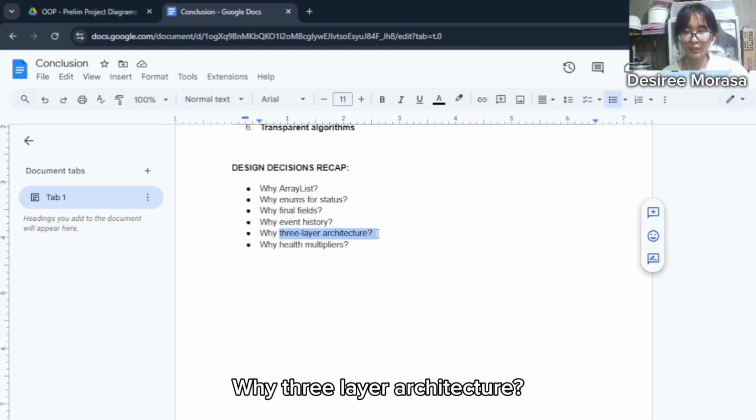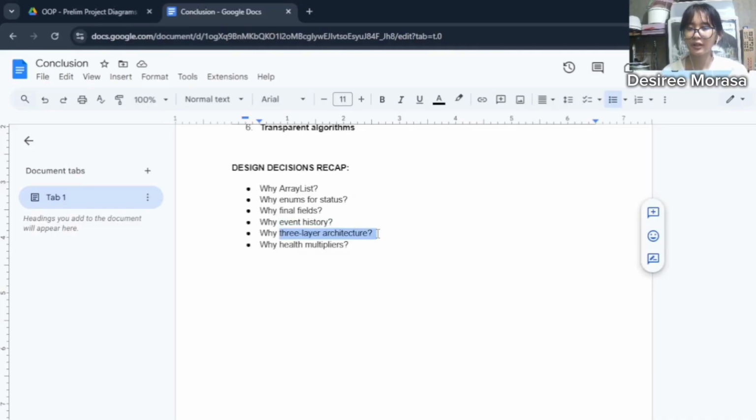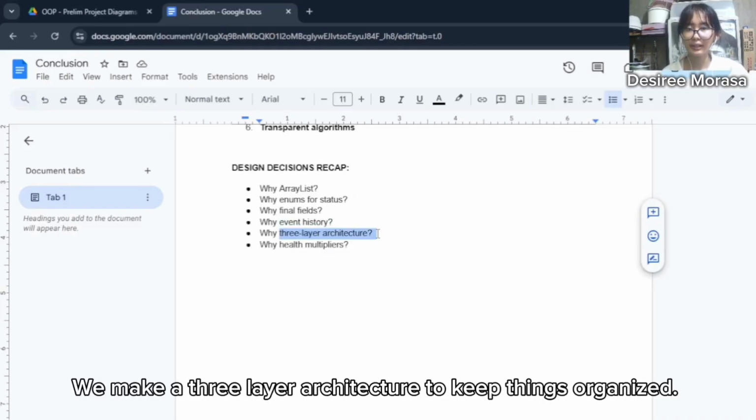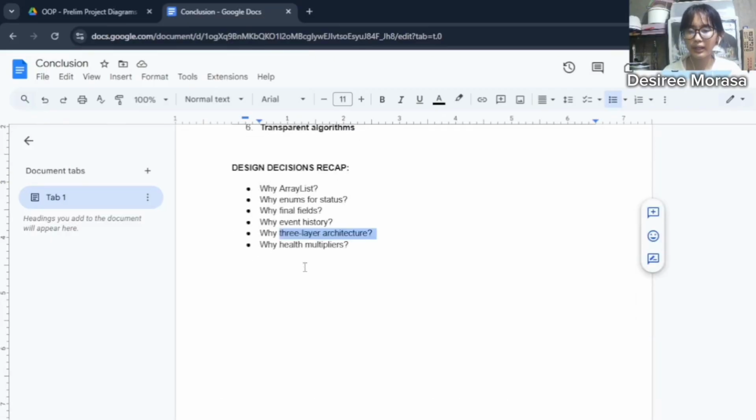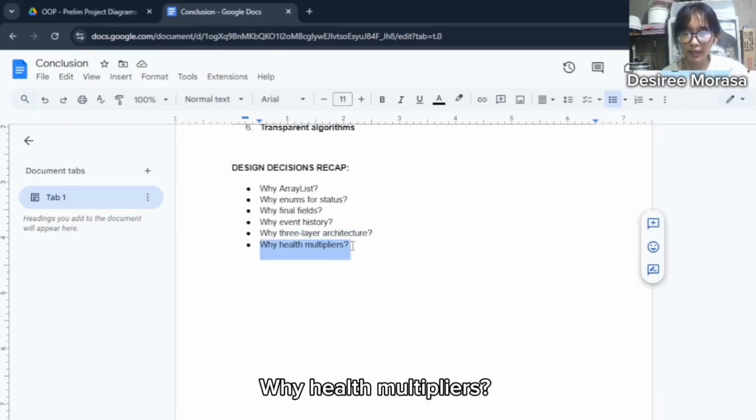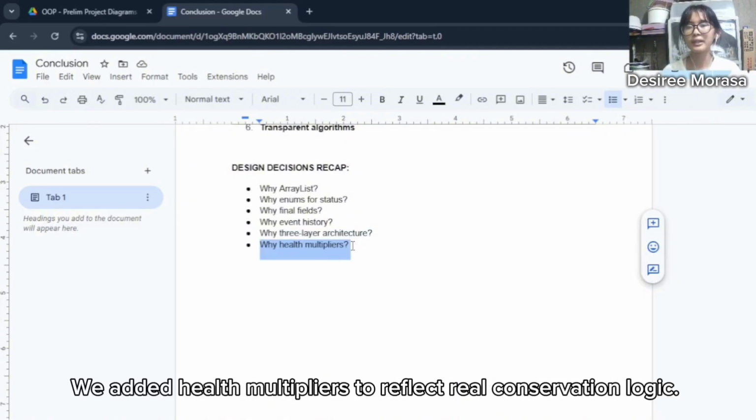Next is why three-layer architecture. We made a three-layer architecture, or the diagram that I've shown you earlier, because it is used to keep things organized. And lastly, why health multipliers? We added health multipliers in order to reflect the conservation logic.